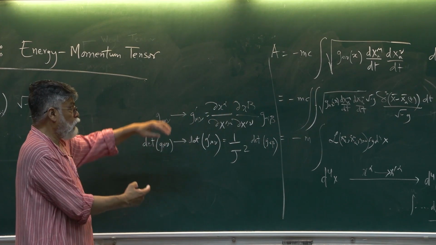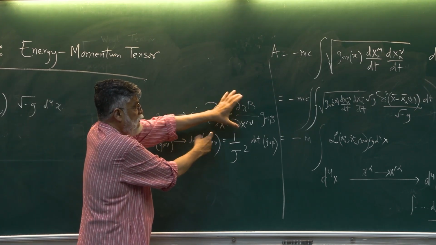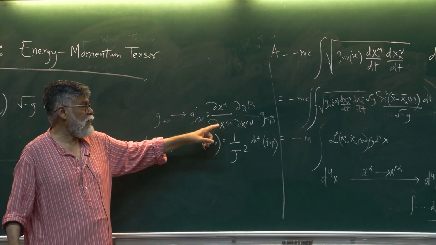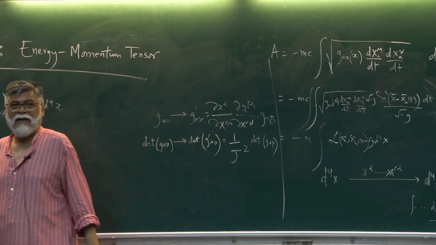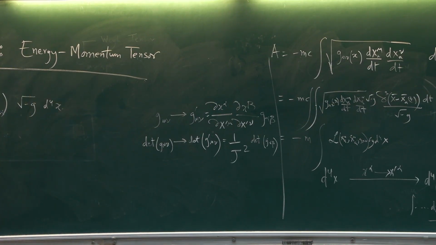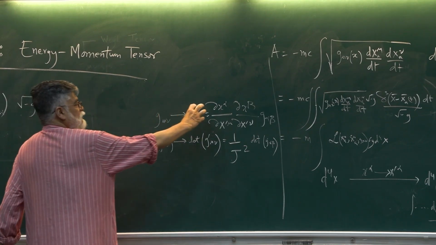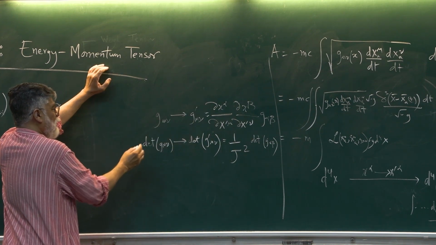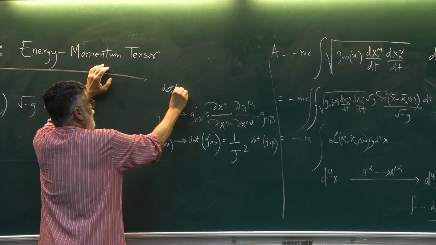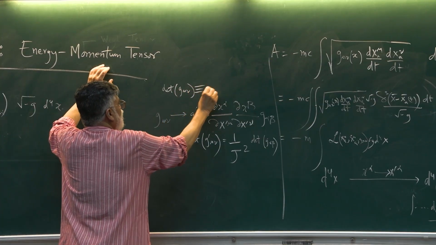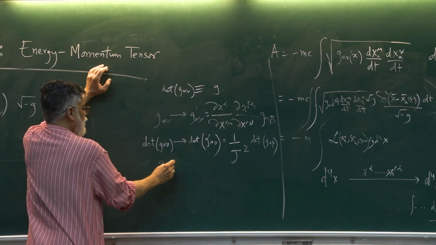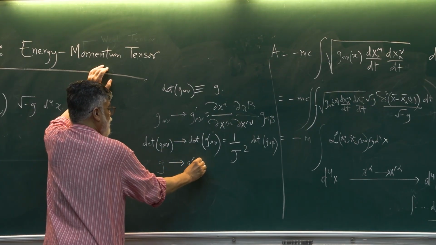Okay? Well, there are two objects. This is a matrix, there are two matrices. That's why 1 over j square. Why 1 over j? Because this is del x alpha by del x prime mu, that was del x prime mu by del x alpha. So convince yourself, it's very simple. You just have to treat this as a matrix. You can show that. And by the way, determinant of g mu nu is defined to be this quantity g. Is there a notation? So therefore, what we have proved is